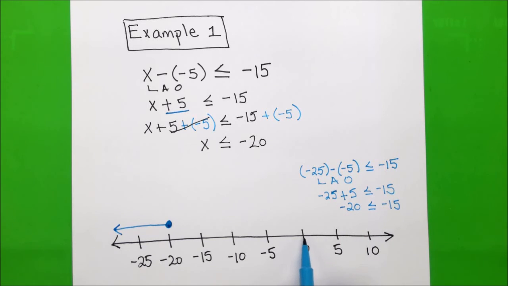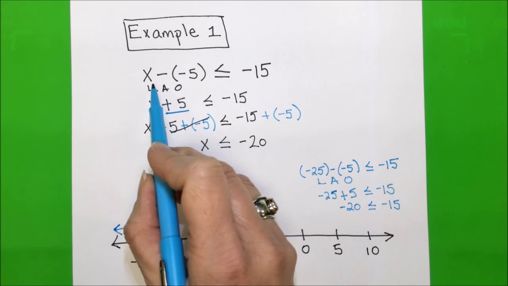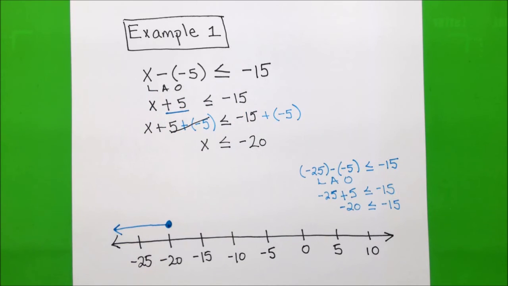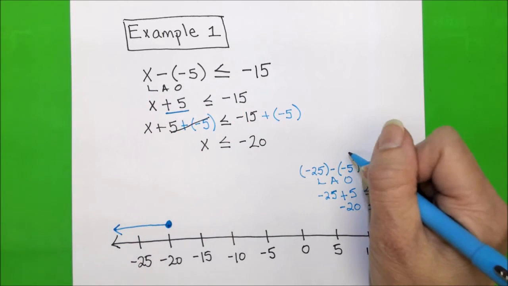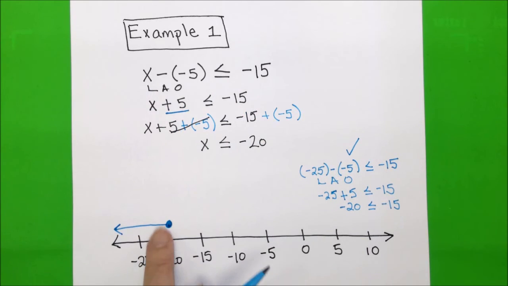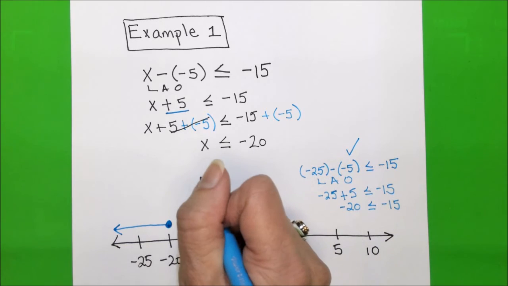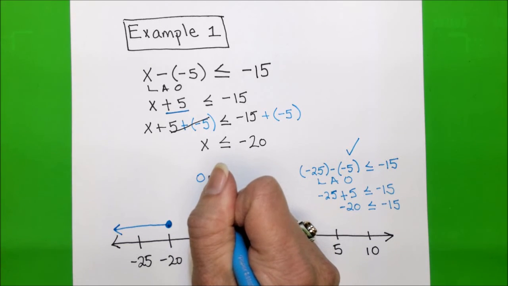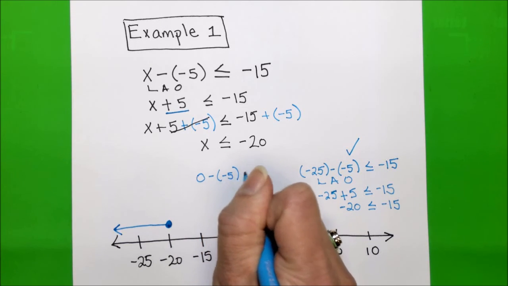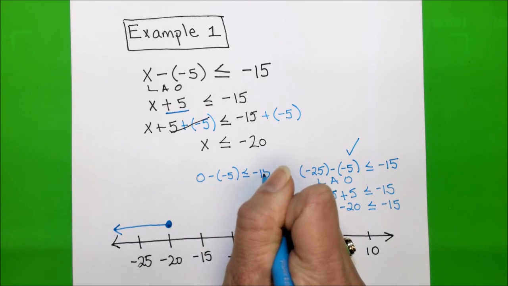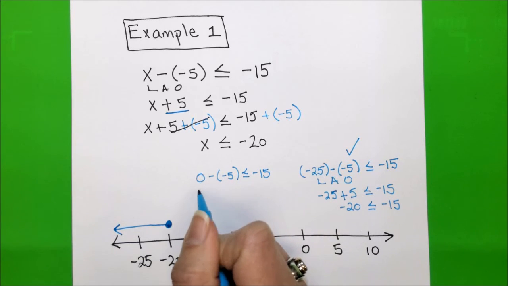If I substitute in 0 up here into my inequality, it should be a false statement. So here I had a true statement because I chose a number that was included in my solution. Now let's choose a number that's not included, and it should make the statement false. So if I put 0 in for x minus -5 less than or equal to -15, I do LAO,